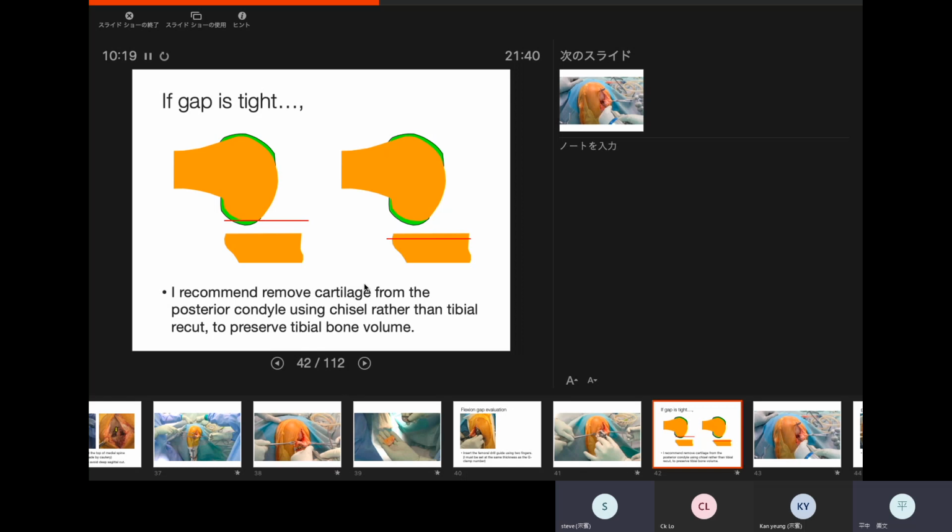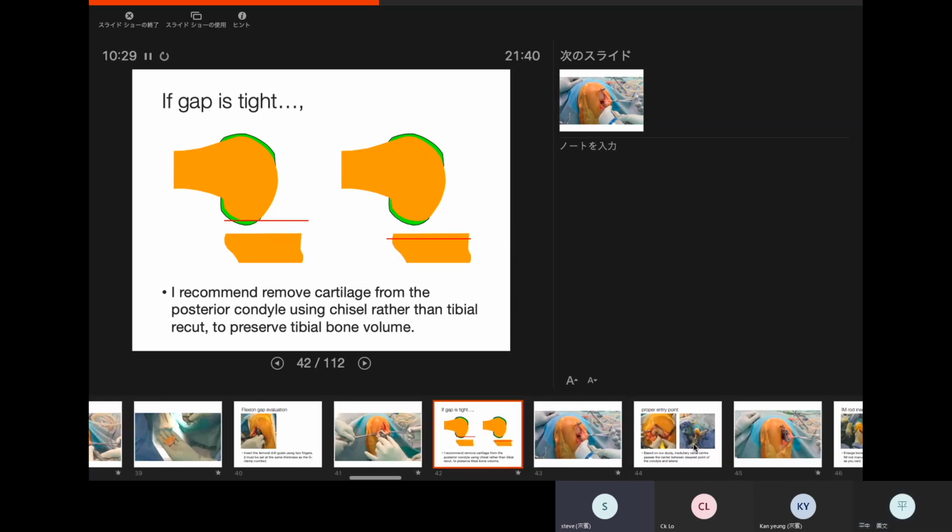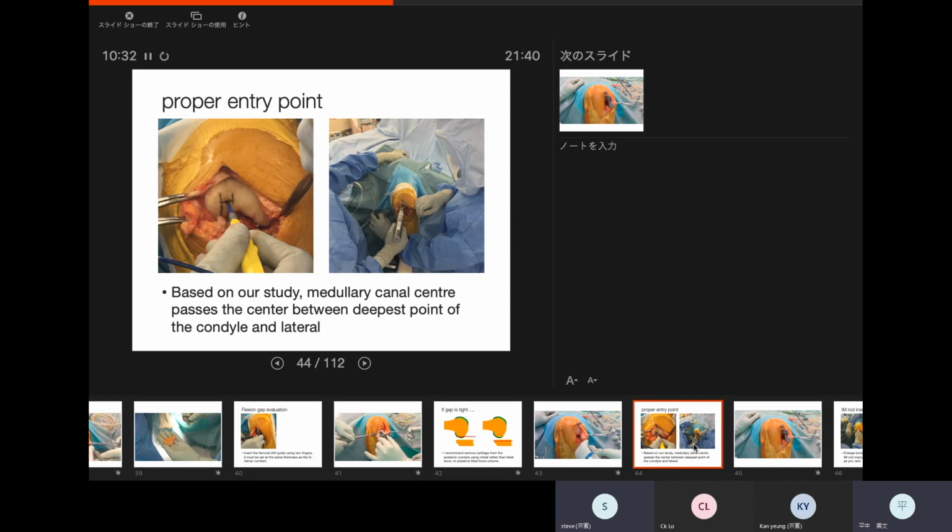So instead of the tibial recut, firstly we try femur posterior cartridge removal using the chisel or even the bone saw. And then insert